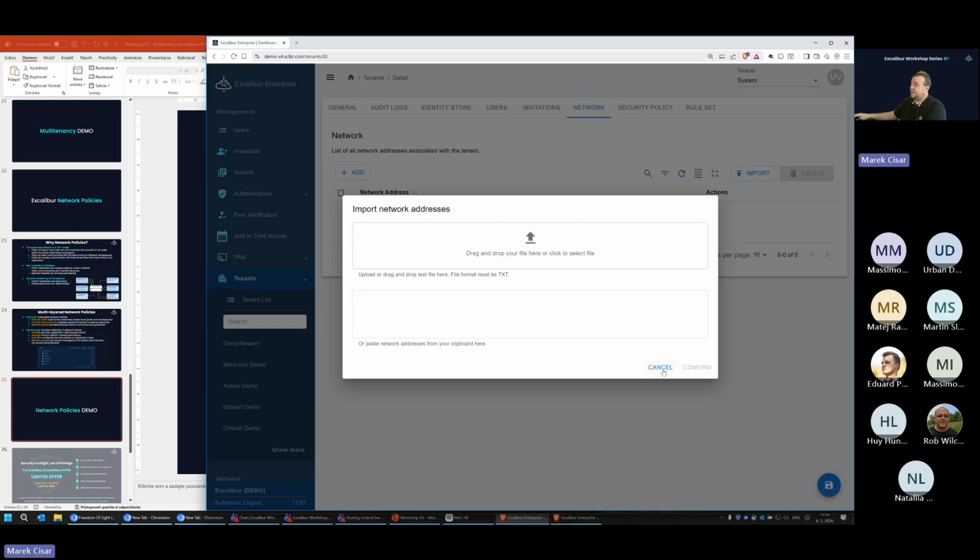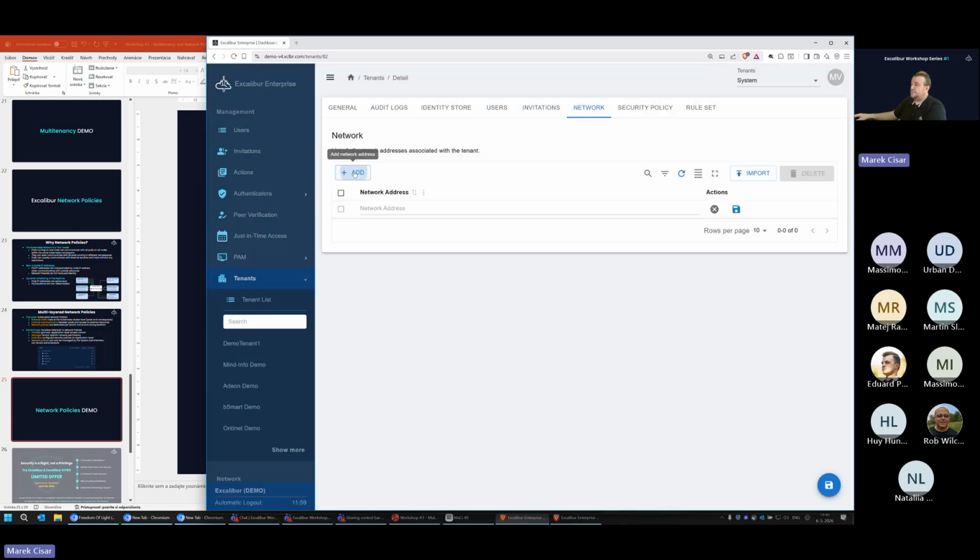I will also show you that in the Add button. Also, the CIDR format is possible, so I can specify ranges. Such ranges are also allowed in this format, for example.